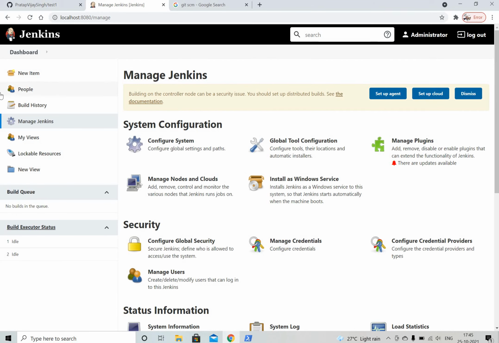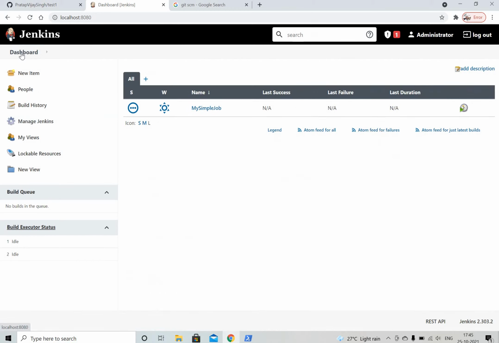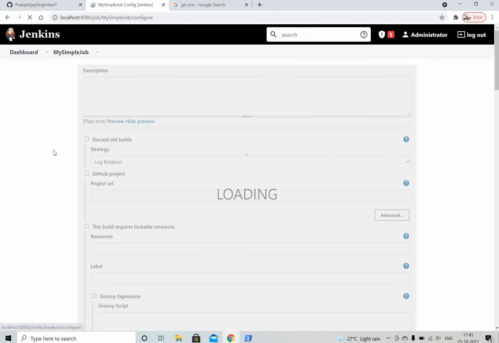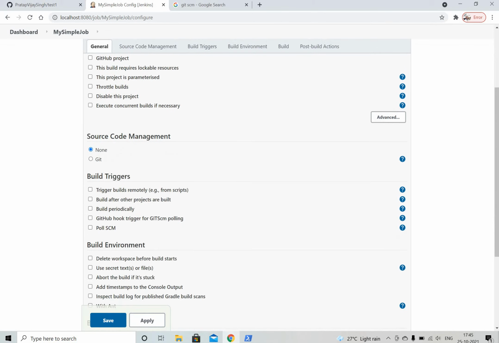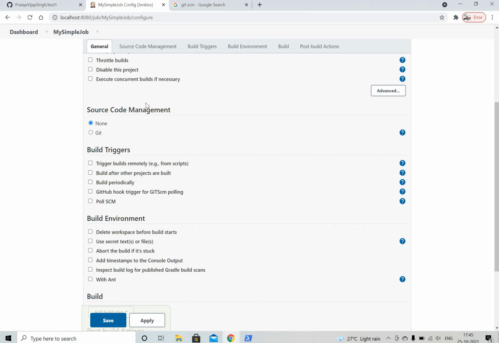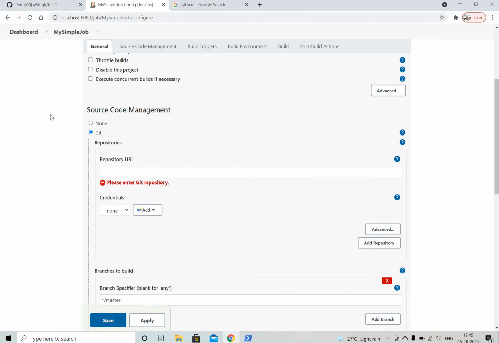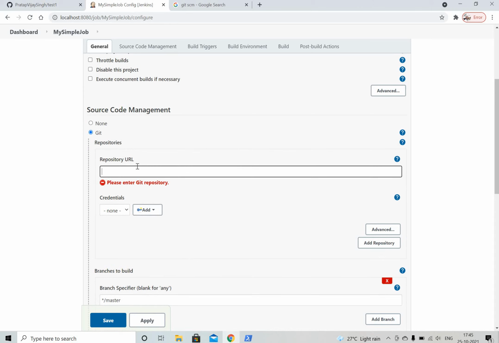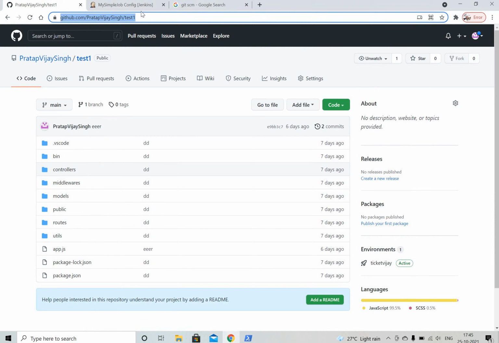Now next, I will go back to my job. This is my simple job which I created. I will go on configure again, as I was configuring this job. I will click on this Git radio button, and now I have to give a repository URL. For the sake of this video, I have created one Git repository.